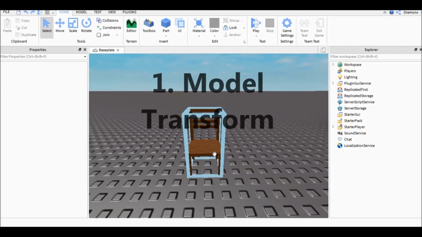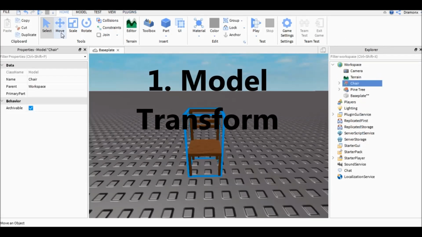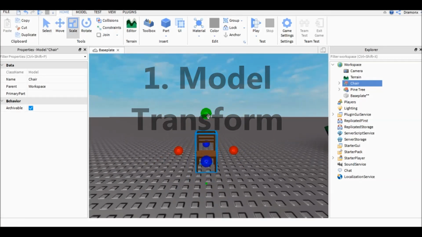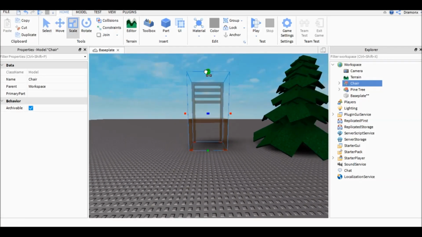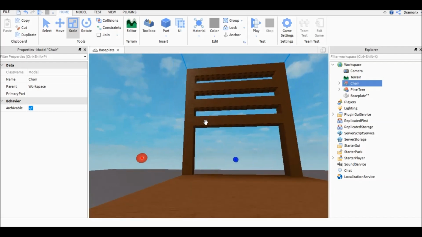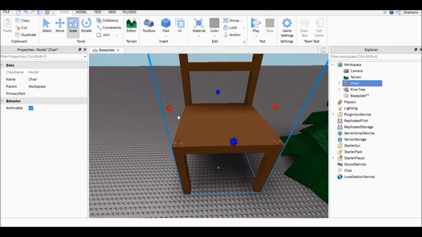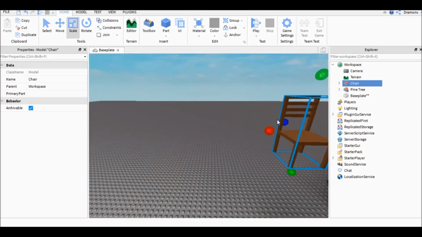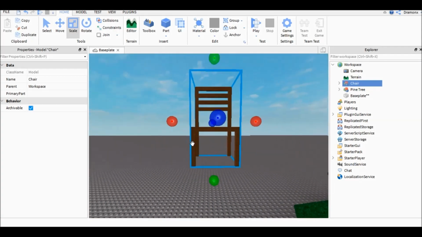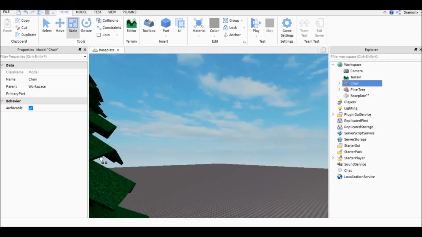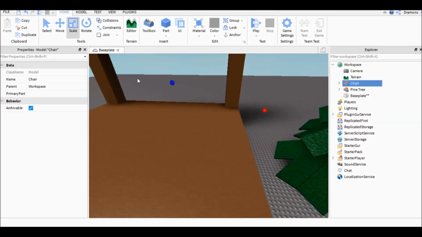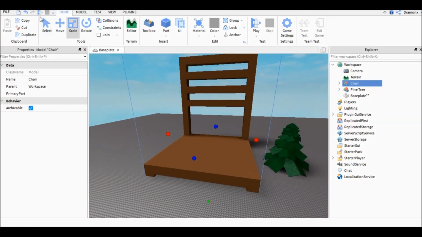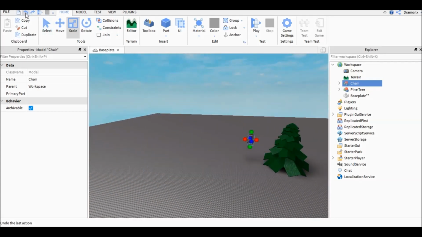Okay, so you want a tall chair. You want it very tall, so you go to your scale and you try to make it tall, but it's just not working out. It's just giant, too big. Try to scale it again, but it's just a struggle. It's all messed up now. So what you do